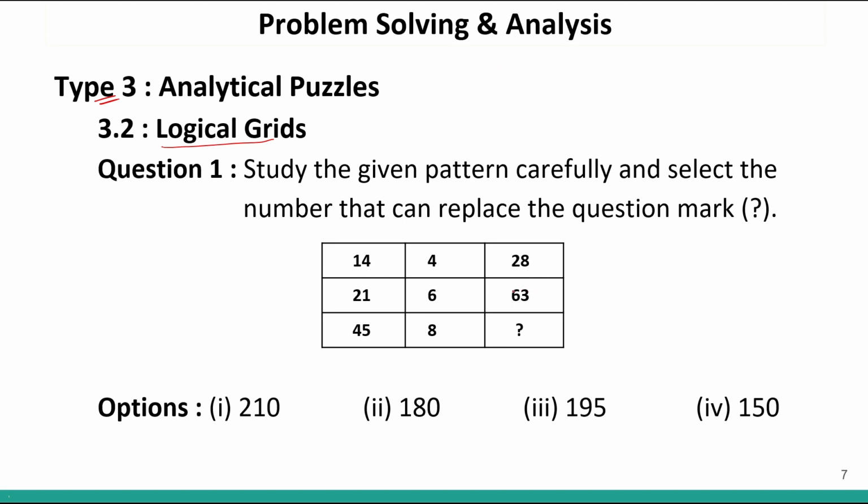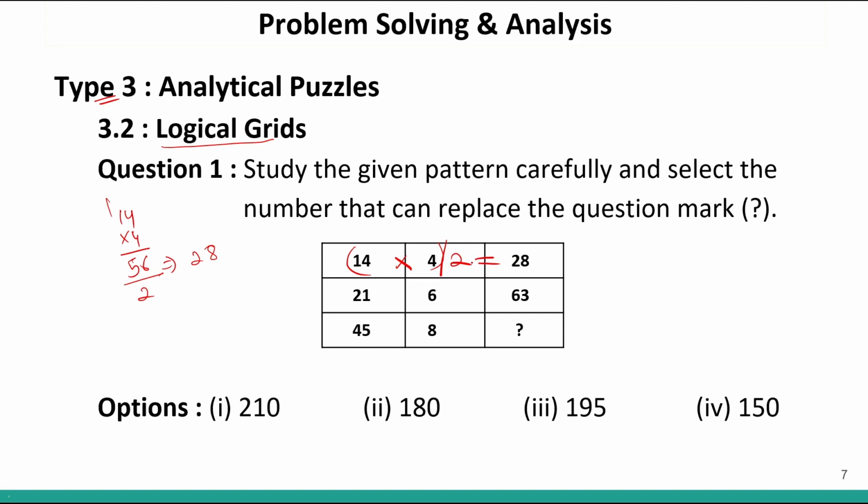Over here, just by looking at the question, I can see that this is the bigger number. If I look, this is a small number, and then a bigger number. Small, small, big. So maybe certain operations are being done on these two numbers to get this number. Let us see if we can find our logic. Now, if I multiply 14 into 4, I'll get how much? I'll get 56. Correct? And if I divide 56 by 2, I'll get 28. So, 14 into 4 divided by 2 gave me 28.